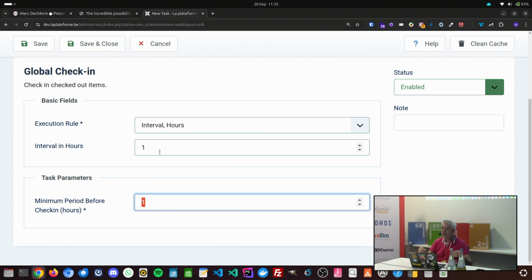So maybe somebody was really working on an article or whatever, and then somebody else opens it and there is a conflict, because it could happen, but it was the only solution, right? I was just not bothering and just checking in everything. Here it's smarter, because not only do you automate it, but you can also say, yes, but we don't want to